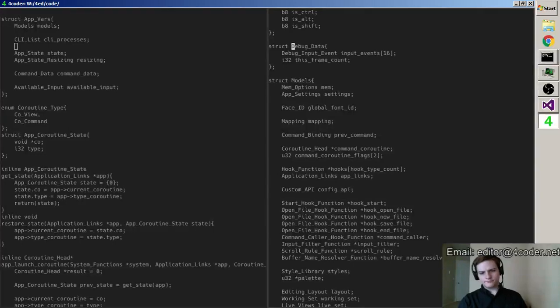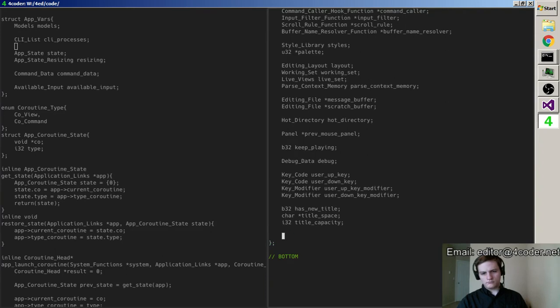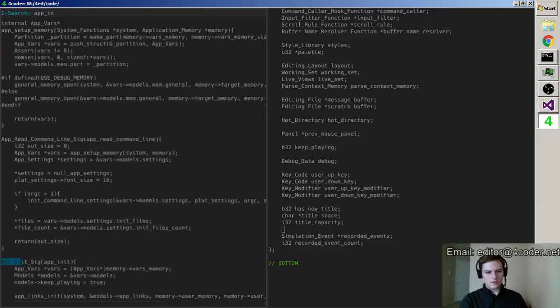Okay. So this is going to be right here, the simulation events array, and the recorded event count. And what we're going to do is during app init,